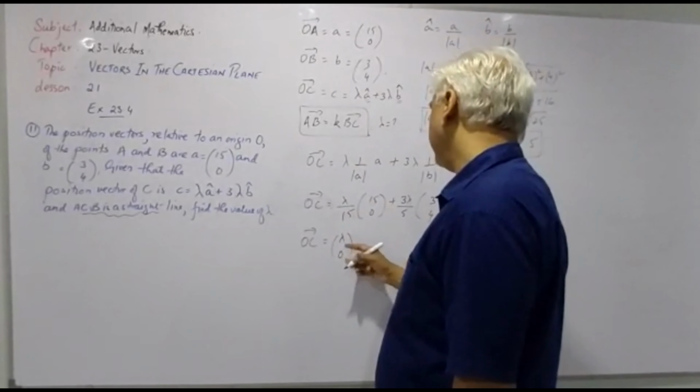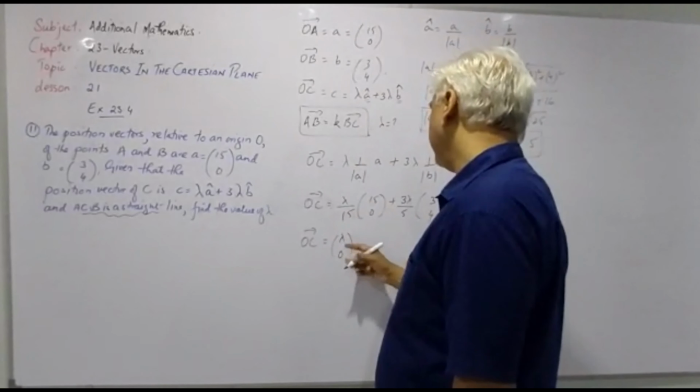Now we've got the value of OA, OB and OC, okay, in this form. Now we can substitute these values over here. So we know that AB is equal to AO plus OB. I can write this down as OB minus OA. So we can say AB is equal to OB, which would mean (3, 4).